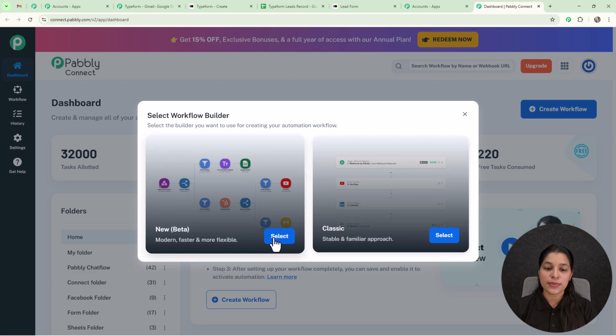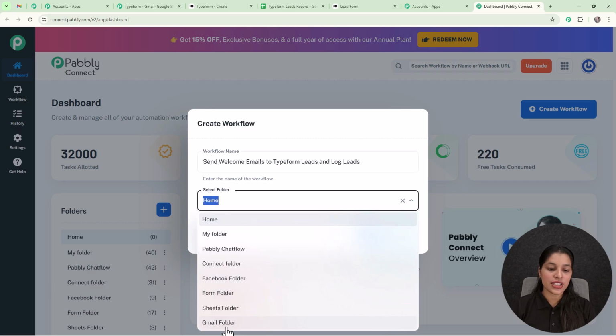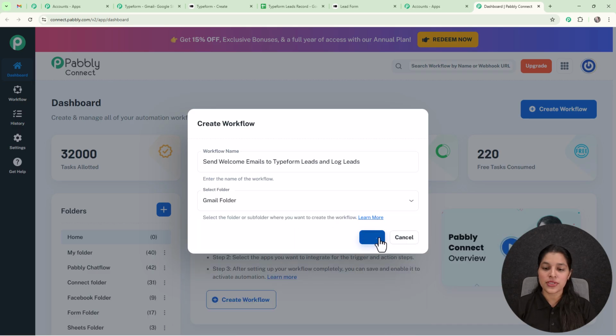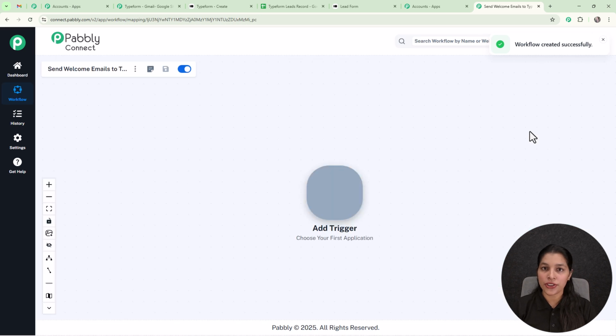So for that you simply have to click over the select button, and here you have to provide the workflow name. So now I am going to provide a workflow name over here. So here I have provided the name send welcome emails to Typeform leads and log leads, and afterwards I am going to select my folder as Gmail folder. Now we simply have to click over this create button, and here you can see we are receiving this pop-up which says workflow created successfully,